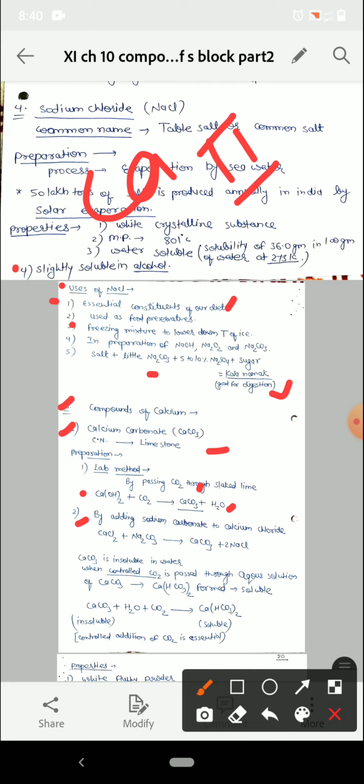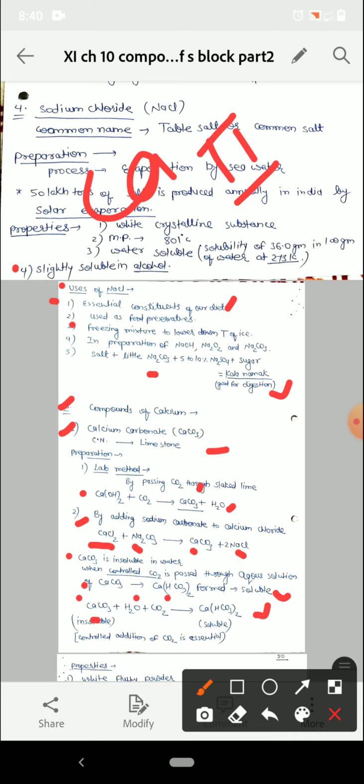By adding sodium carbonate to calcium chloride: this is our calcium chloride, and to this we add sodium carbonate, so this will form CaCO3 plus 2 moles of NaCl. So these are two methods to prepare calcium carbonate. Calcium carbonate is insoluble in water. When controlled CO2 is passed through an aqueous solution of CaCO3, it will convert into calcium bicarbonate, which is soluble. So calcium carbonate plus H2O plus CO2 forms calcium bicarbonate, calcium hydrogen carbonate,